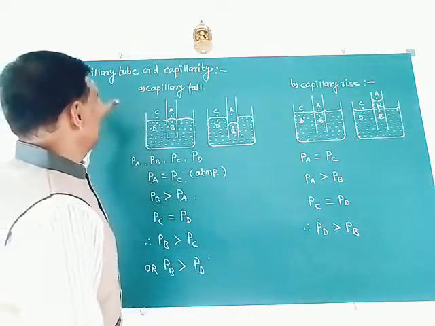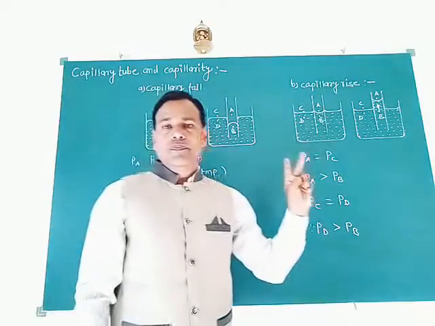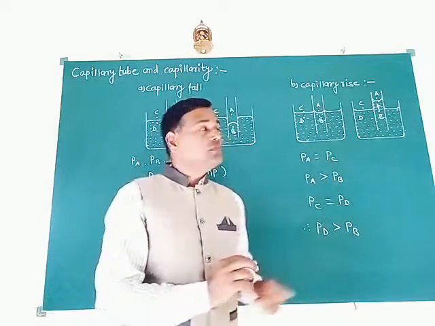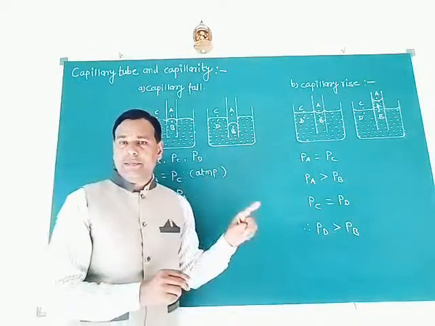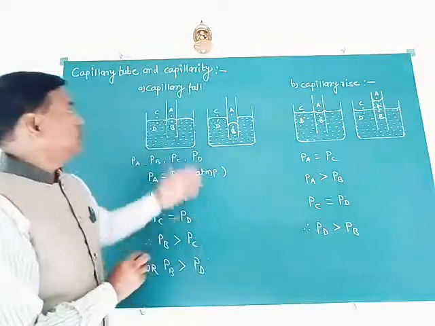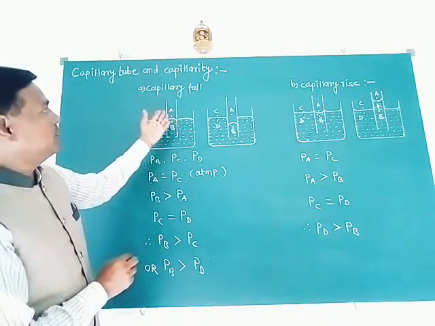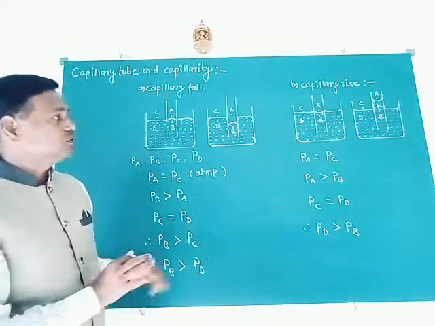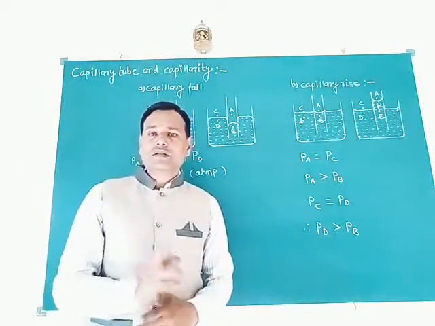So this is the capillary tube: definition of capillary tube, definition of capillarity or capillary action, examples or applications, and capillary fall and capillary rise. So now we have to study the last article of this chapter,